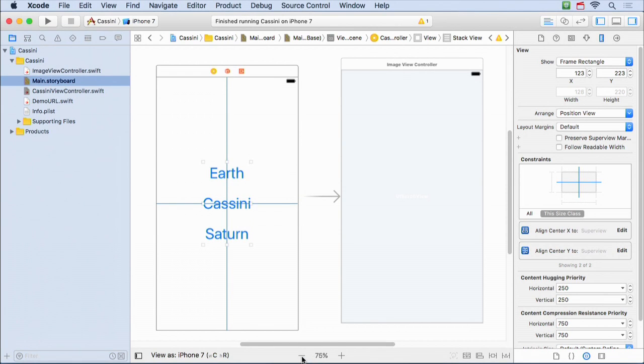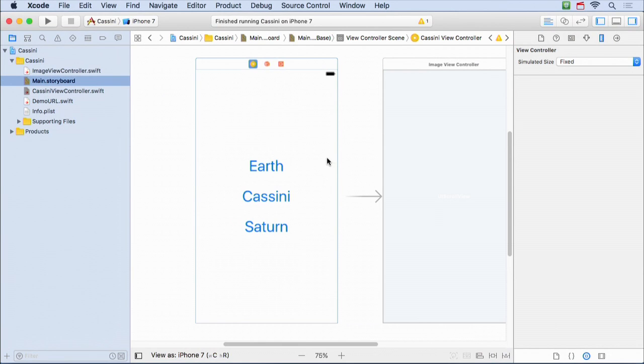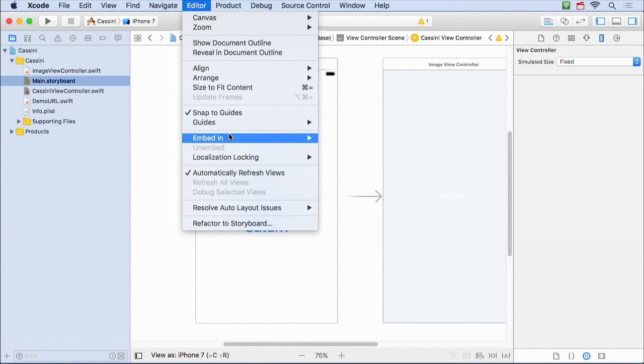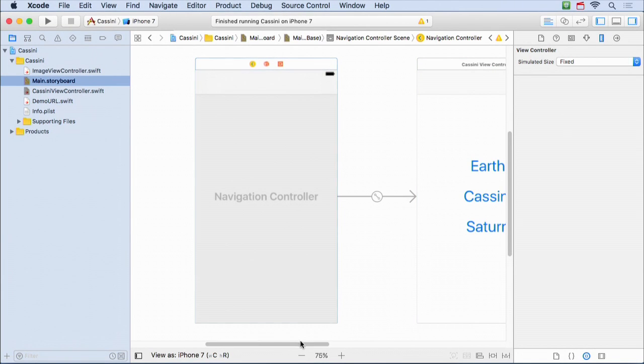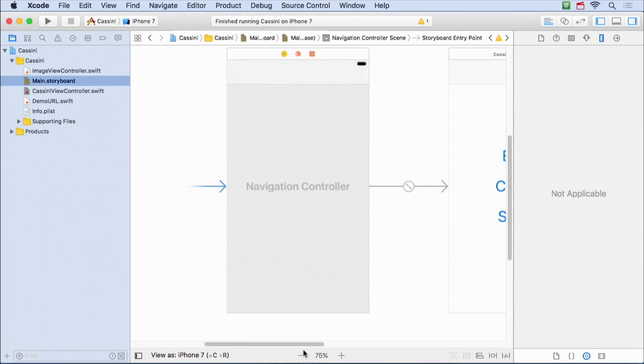Let's go ahead and one thing I want to show you a little different this time is before we started with a split view controller and then I added the navigation controller in. In other words, I started with an iPad UI, building an iPad UI, and then I made it also work on iPhone. We can do the other way around as well. So we could take this view controller, which is the base one that we want to show, and we can say embed it in a navigation controller. Okay, and then obviously we want to make this navigation controller be the entry point of our app. Don't want to forget that, so I'm going to throw that little arrow over here onto the left.